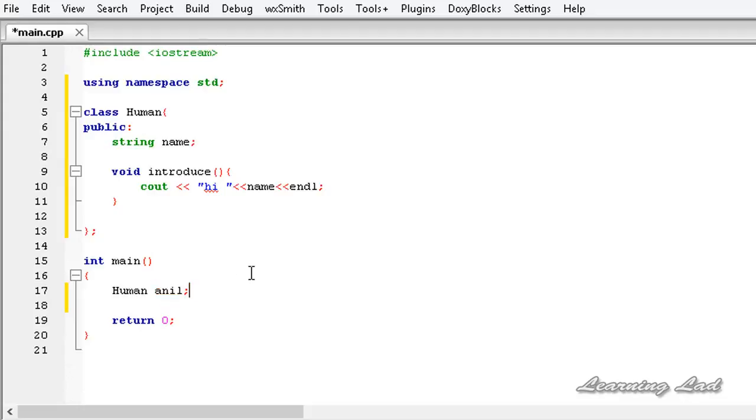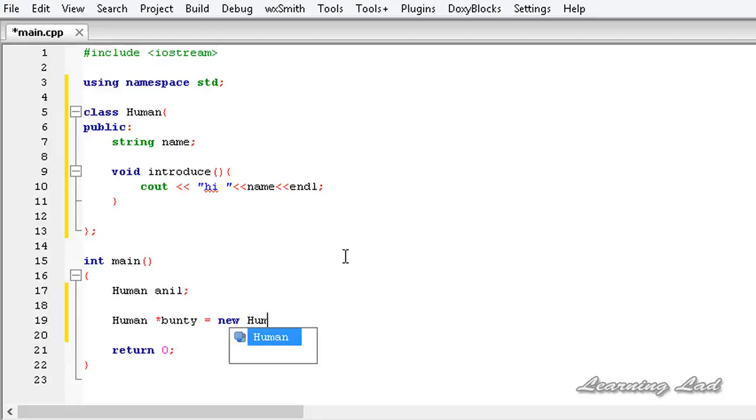The next way of instantiating an object is using the new keyword. When we use the new keyword, the object will be allocated in the heap and it will be dynamic. And also the new keyword is going to return the memory address. That's why we need a pointer of this type, class human. So I'm going to create human star, that's because it's a pointer, and then let's give a name, Bunty, and equal to new operator, and then the class name, that is human, and then we need to add a